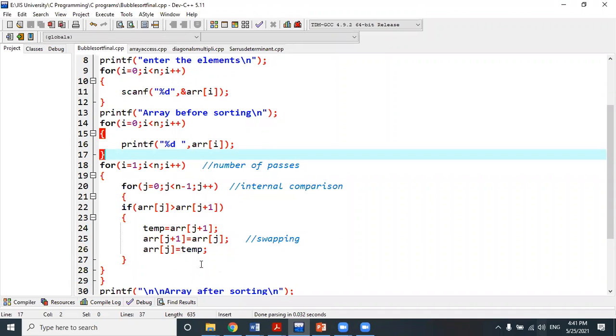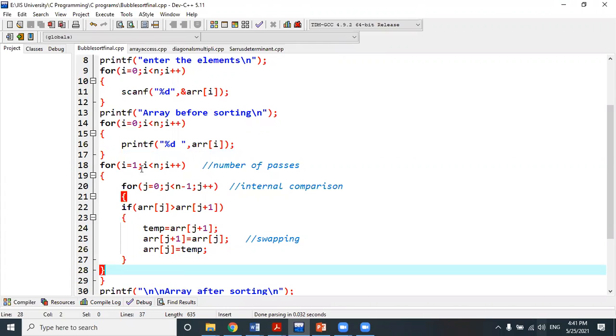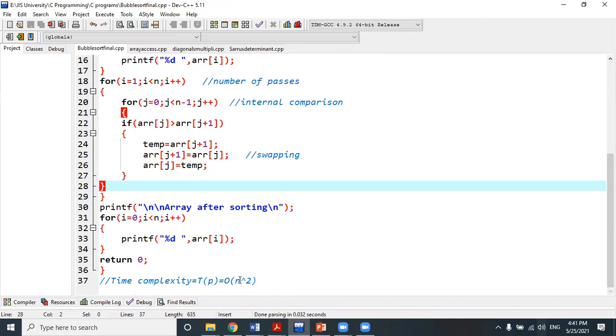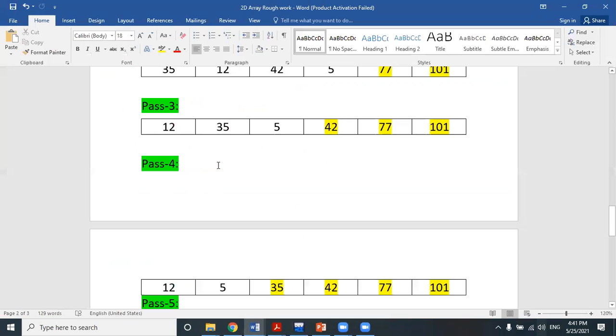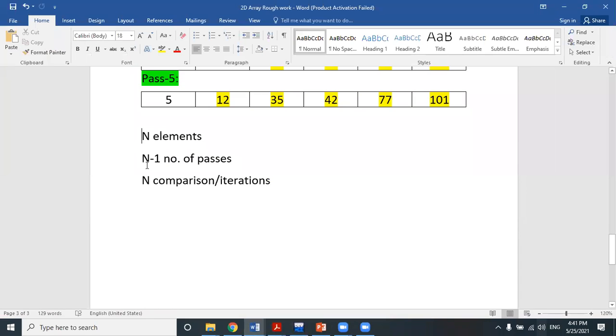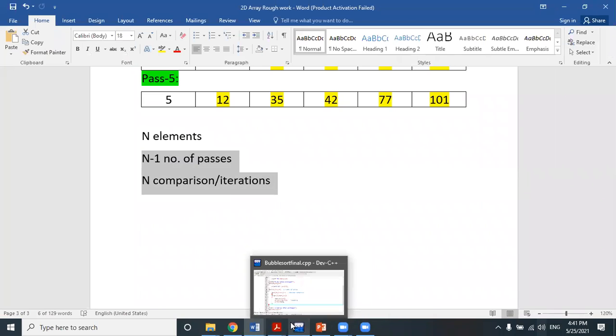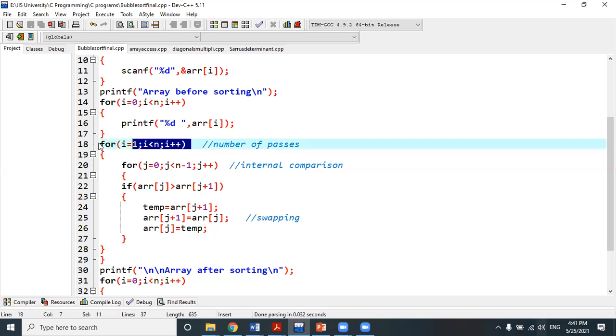So in my code, this is the general code of bubble sort. Why the n squared time complexity will be required, that you need to understand. Very simple. So we can go to the word file again. If there are n number of elements, what are the two operations that we are performing inside our code? I am using two for loops: the first for loop represents the number of passes, and the second for loop represents the number of iterations under each and every pass. So there are total n number of passes. Generally, we will consider n minus 1 as n, because we are considering the larger value in case of time complexity.